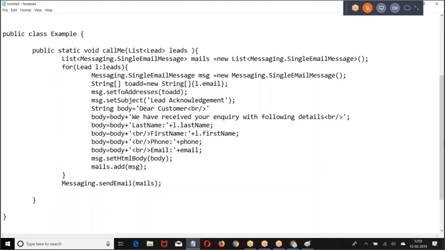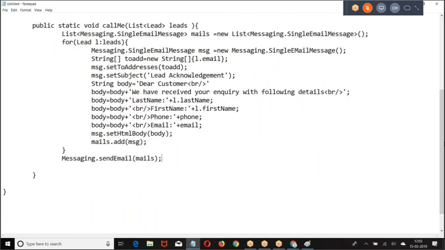This is the class. This class we are going to invoke where? This is an email program. When I got a list of leads, I took the list of leads and sent an email. This we are going to call within the trigger. I hope you are good with this. Right. Let us take the next one. People are good with this example.